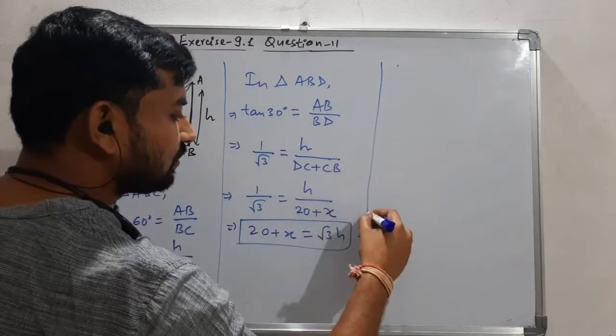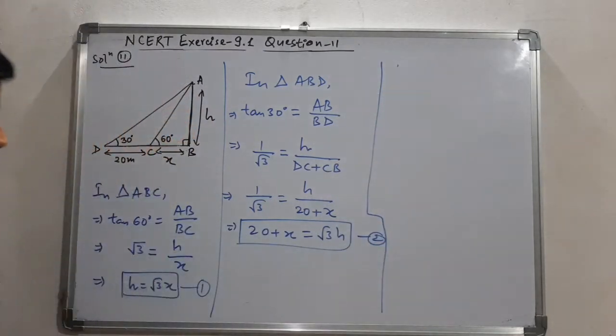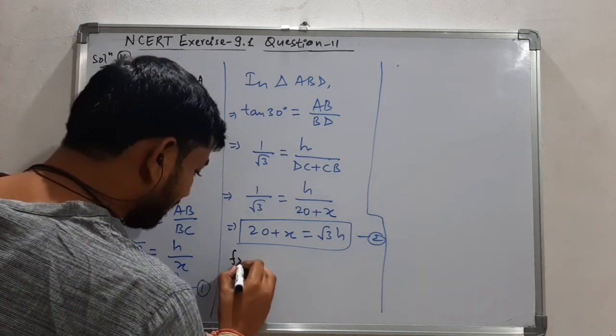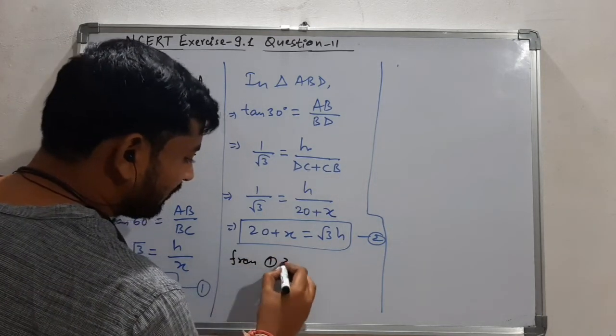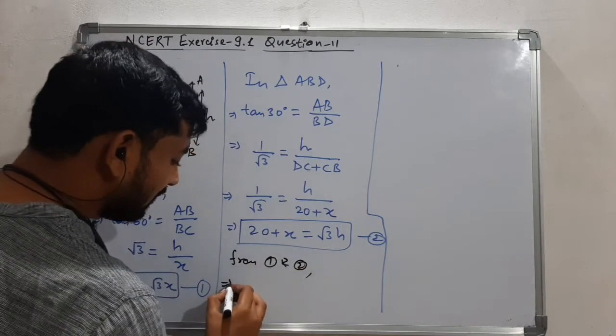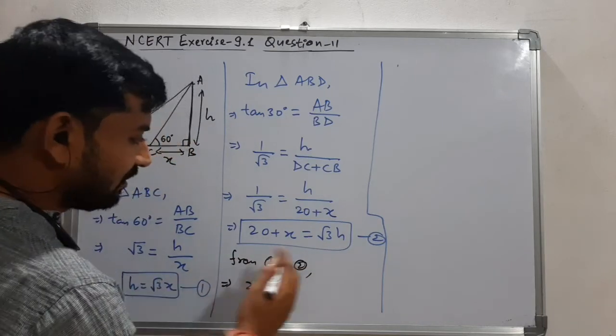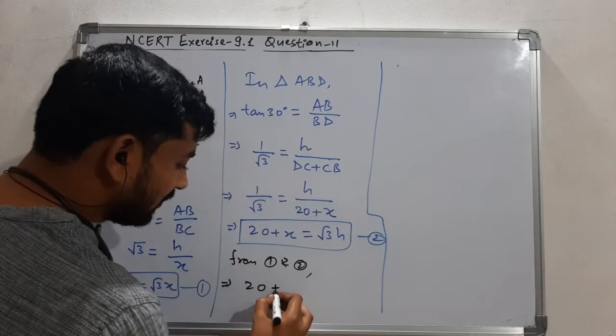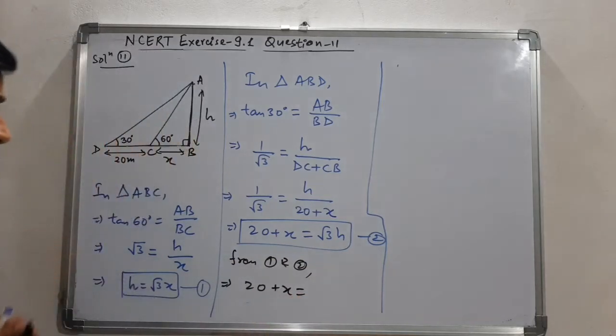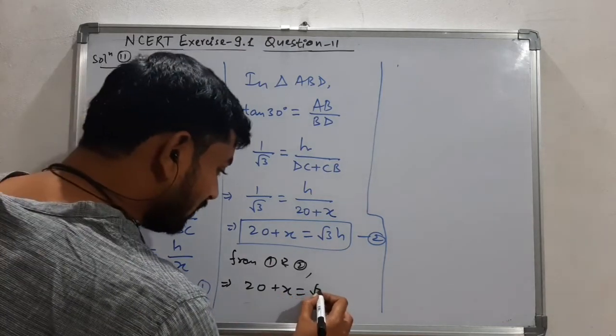Now we will solve both the equations and get the value of x and h, which are the width of the canal and the height of the tower. So from first and second we can eliminate. From first and second I am taking the value of h and substituting here. So if we substitute the value of h in this, we will be getting 20 plus x is equal to root 3